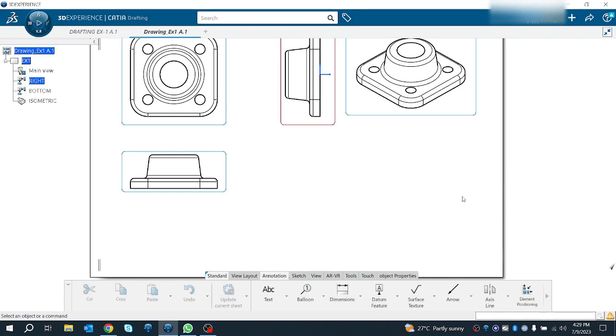So basically, dimensions are used to define the size, which helps to convey the design intent on a part. So dimensions are required in a production drawing for the manufacturing of the part or assembly. So you will find the dimension